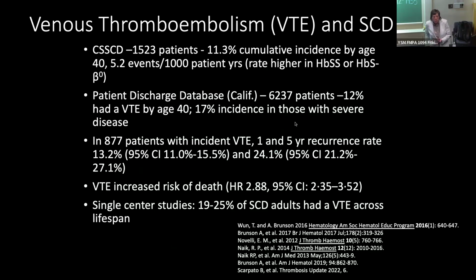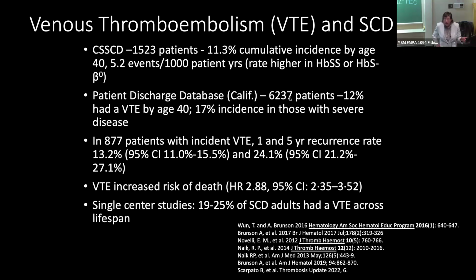So what do we know about this problem clinically in sickle cell disease? We're going to get back to my patient, but we've got to talk about VTE in this population. This is actually one of the few areas in sickle cell disease where we have large data to tell us what is going on epidemiologically. So we know from the Cooperative Study, Rocky Naik, who's at Hopkins, looked back at the data from the Cooperative Study and looked at 1,523 patients. By the age of 40, remember, my patient's now 44, 11% of patients will have had a VTE at some point in their life, being DVT, PE, or both.